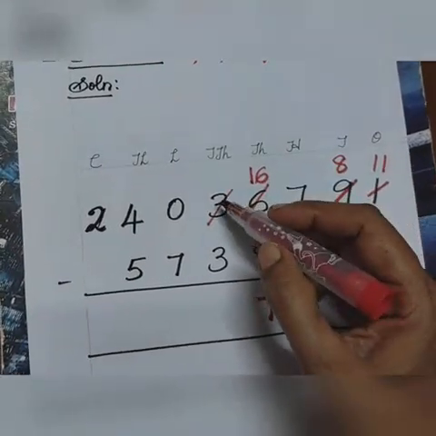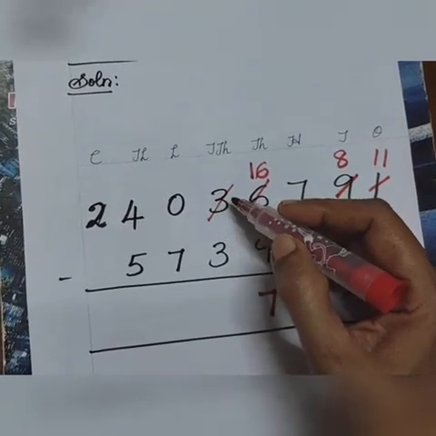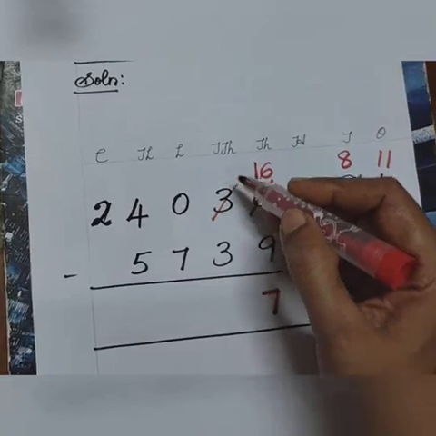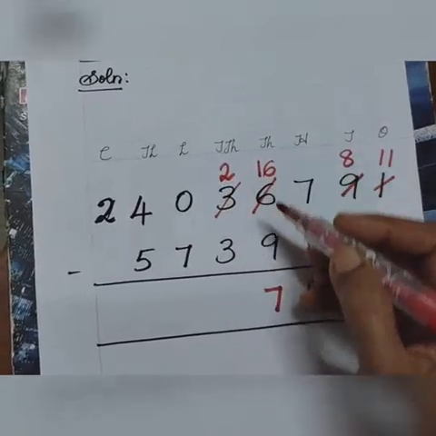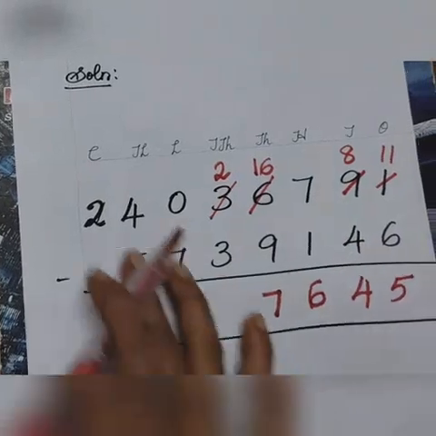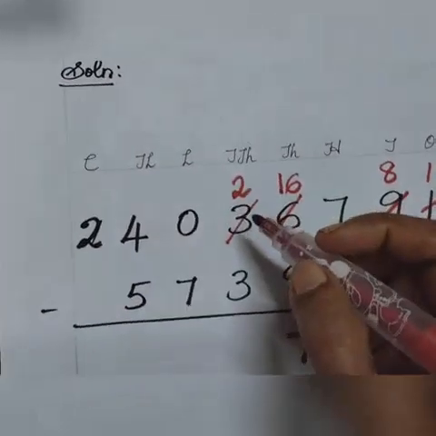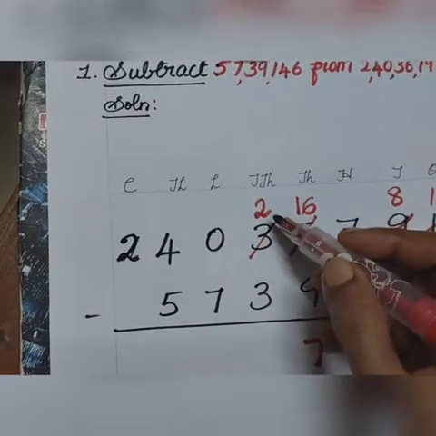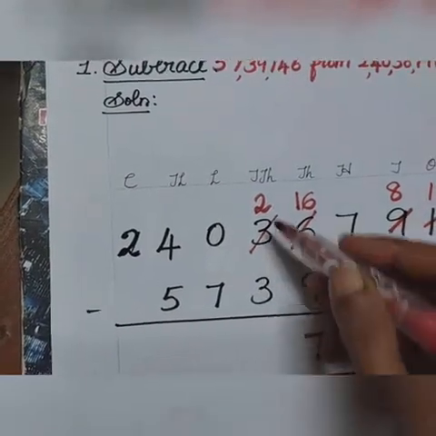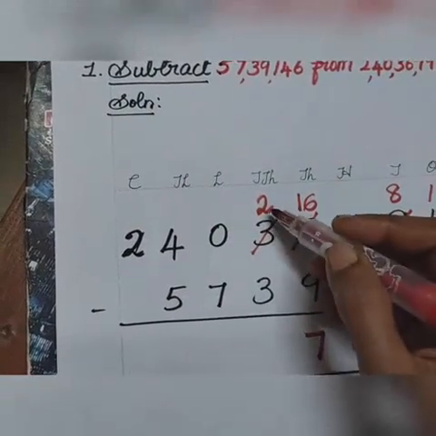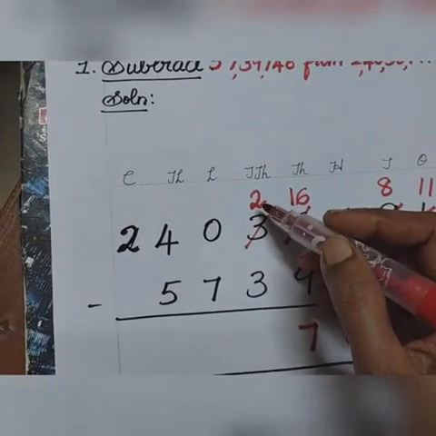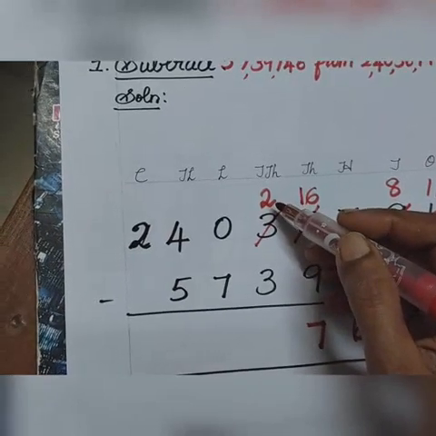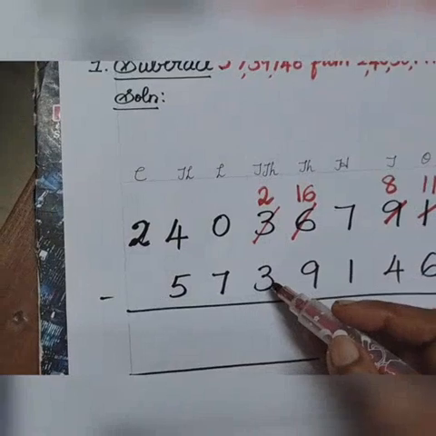See, in the 10,000s place 1 is left, is it not? So already 3 is there. Now 1 left from 3, so now it's 2. Okay children. Got it? So here now we are going to subtract 3 from 2. What is 2 minus 3? See here on the top, a smaller number is there, so we cannot subtract 3 from 2.